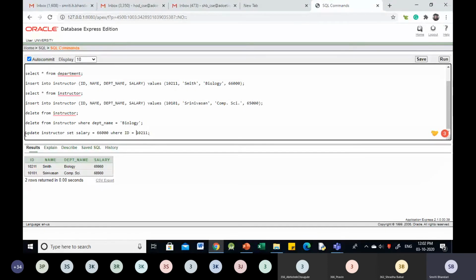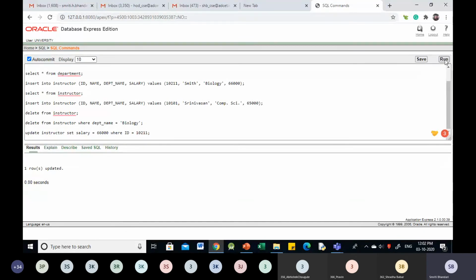Let us execute this statement. Here we get the message one row updated. Now let us look at the data in the instructor table.